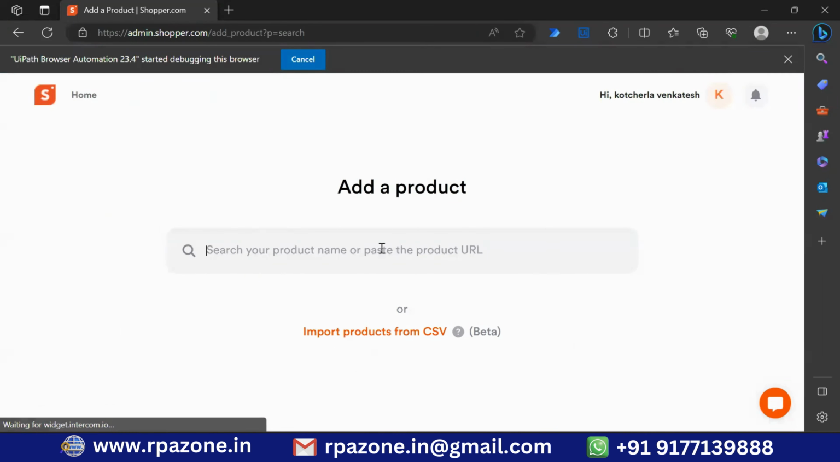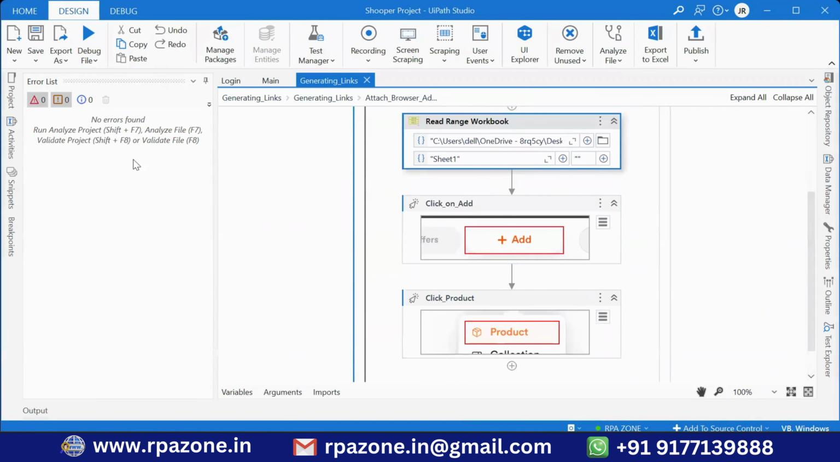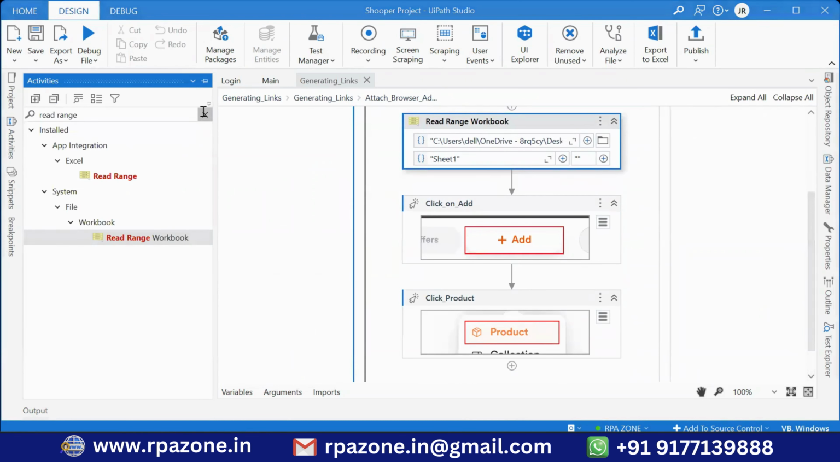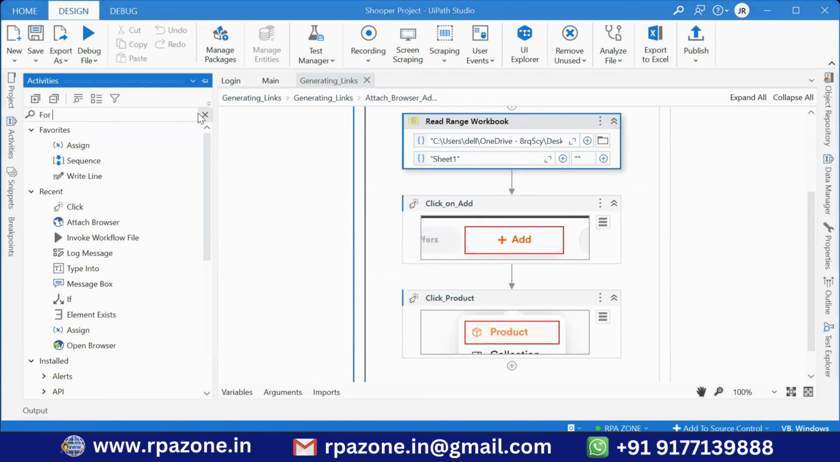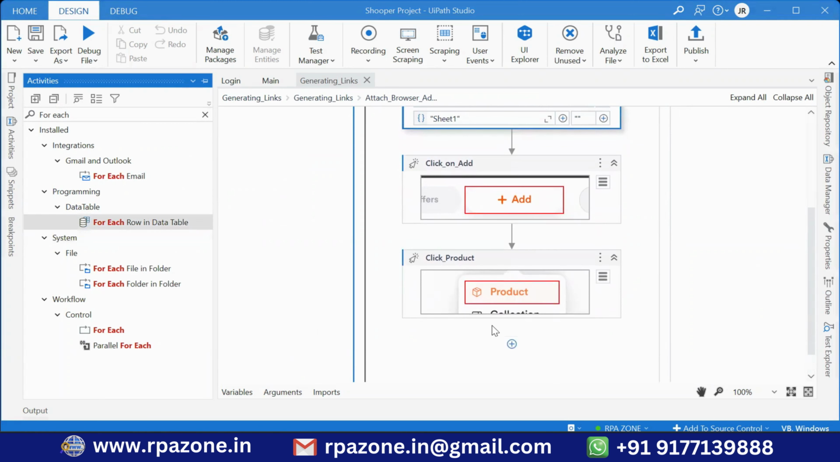Okay, good. It is loaded properly. Now we have to type the URL. For that, what are we going to take? For each row in data table. For each row in data table,